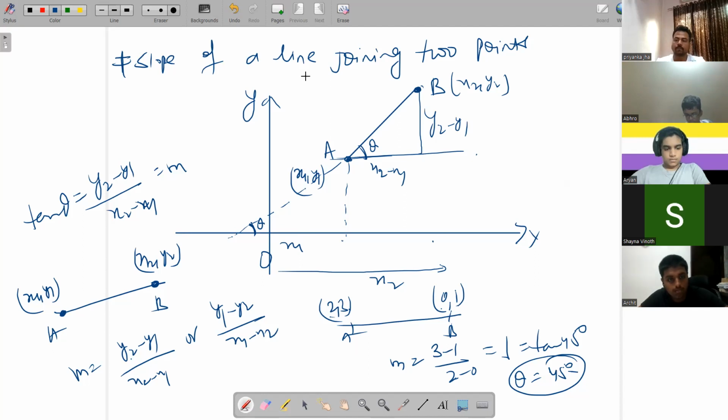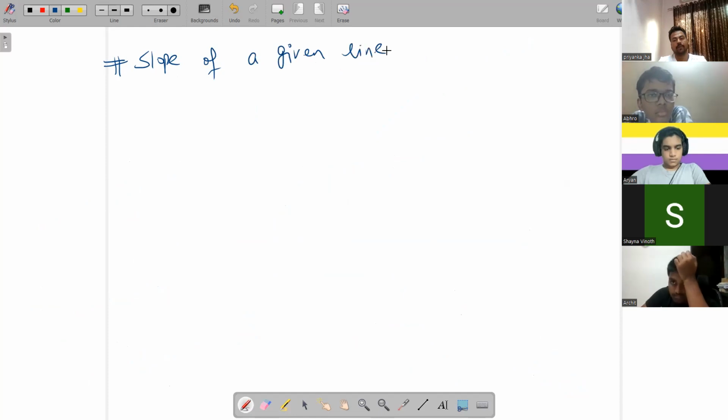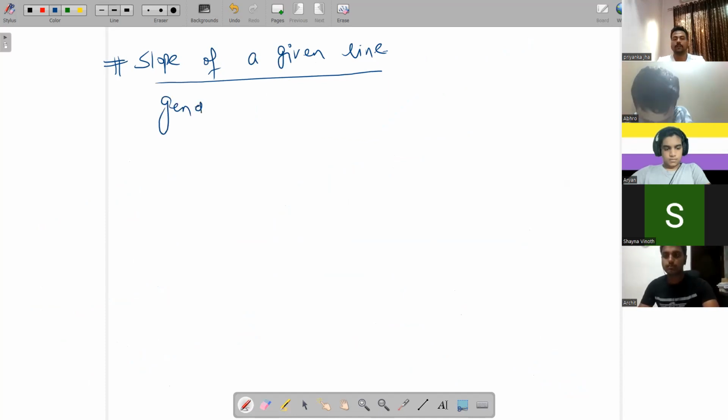Noted, done. Okay, now see. Next point is slope of a given line. Suppose you are given the equation of a line and you are asked to find the slope of that line. See, general equation of a line is